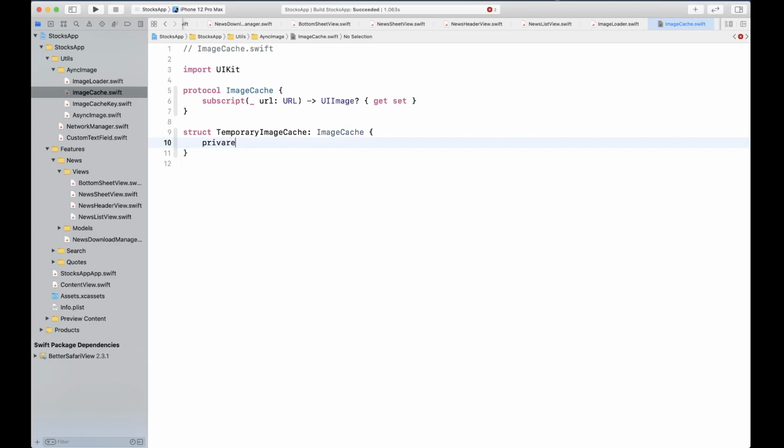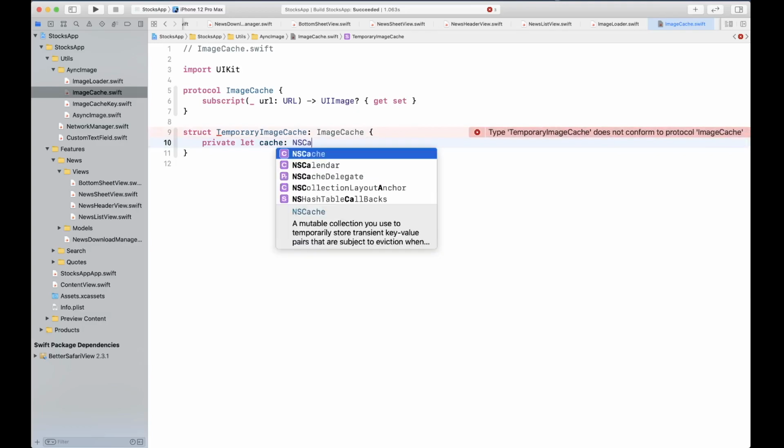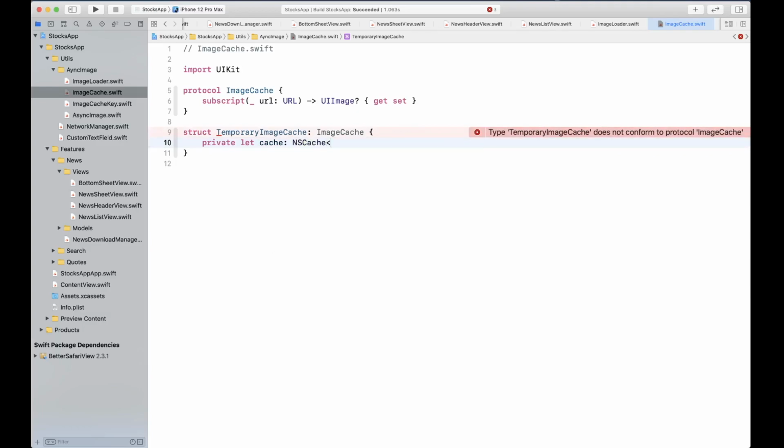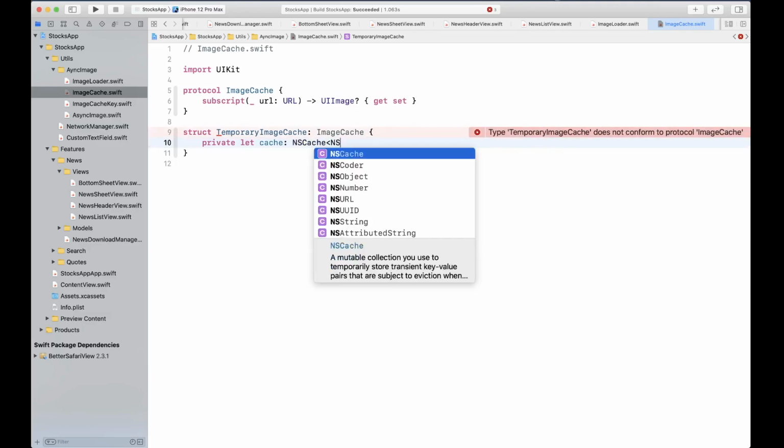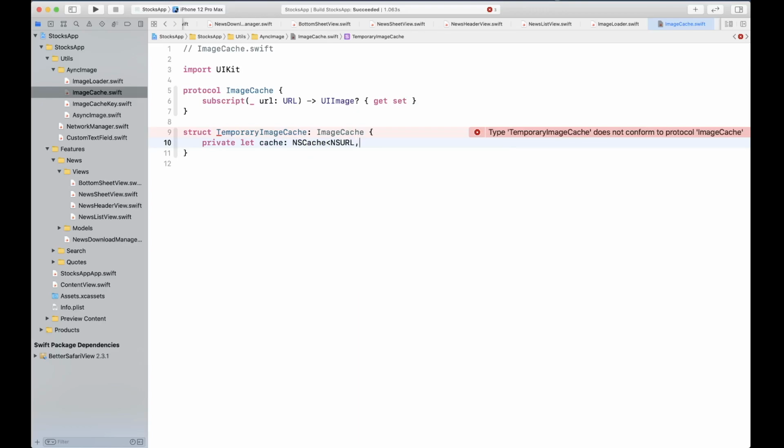We're gonna create the cache from NSCache. NSCache takes NSURL and UIImage, so we're gonna get that and create that cache.